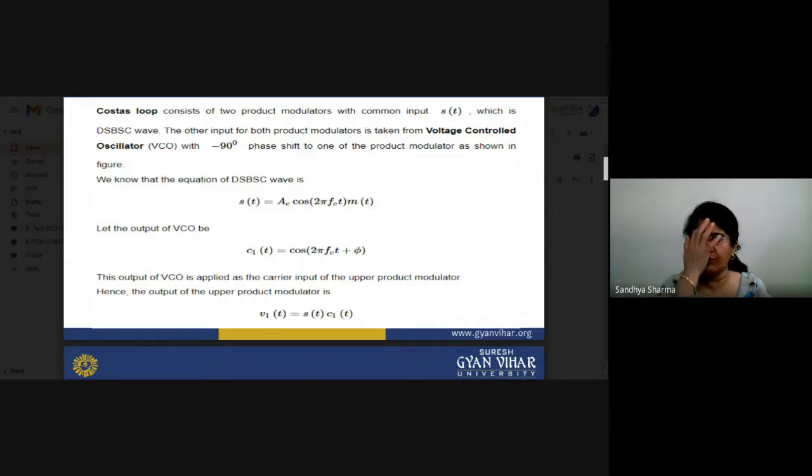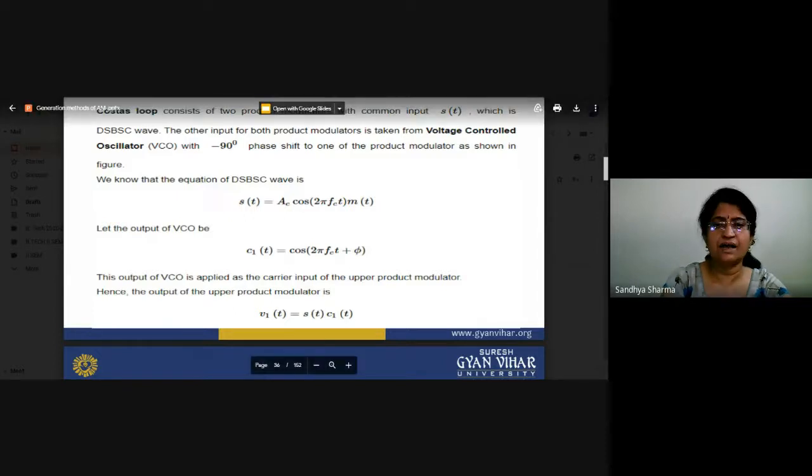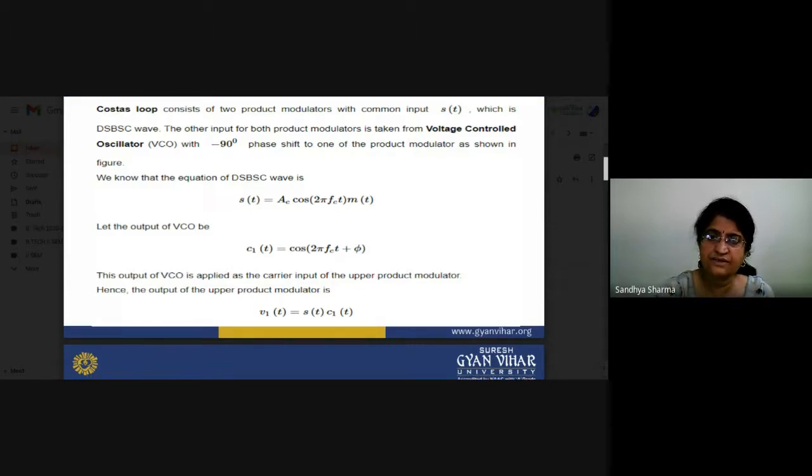So the equation of DSB-SC is equal to Ac cos omega c t times m(t). Let the output of the VCO be equal to cos(2 pi fc t plus phi). So the output of the VCO is applied as the carrier input. You can see what will happen. We have to only generate the sub-base carrier, and we will apply this signal to the upper product modulator. So this is the basic